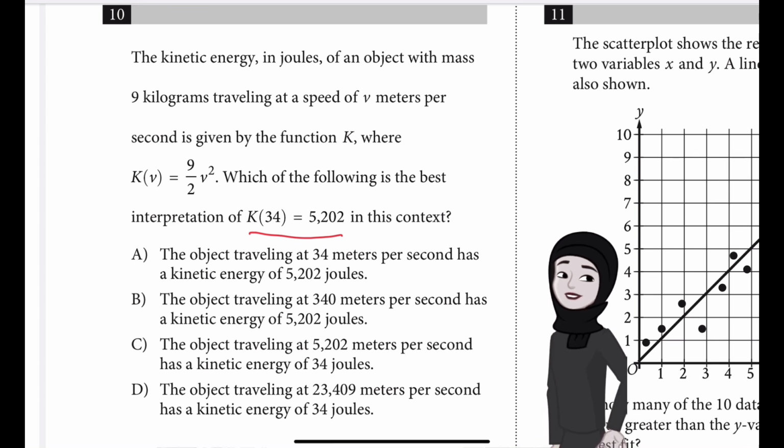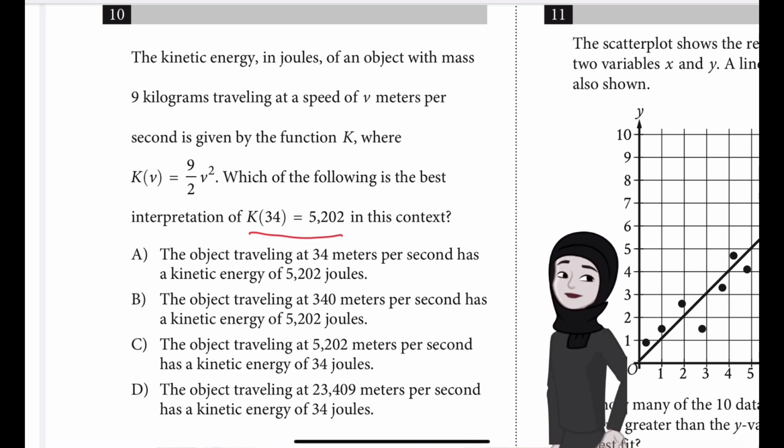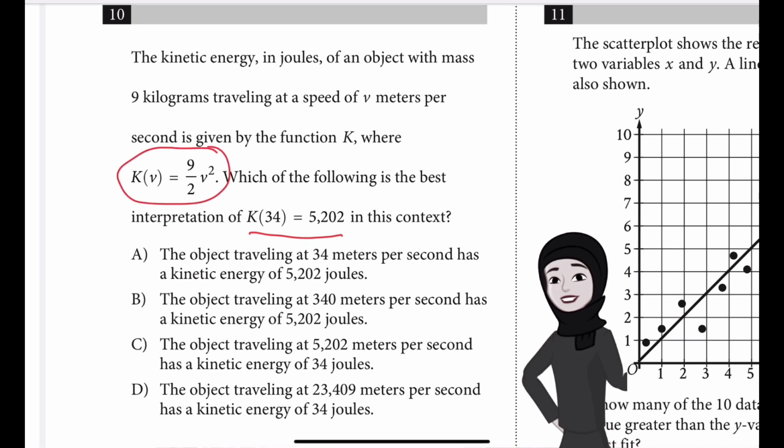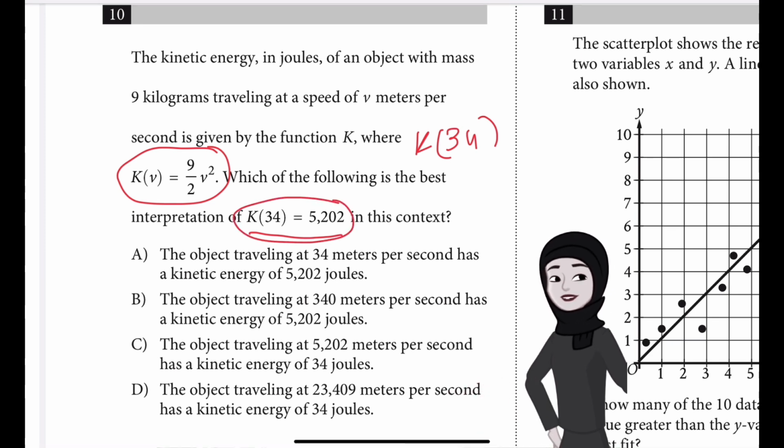It is given that the kinetic energy in joules of an object with a mass of 9 kilograms traveling at a speed of v meters per second is given by this function, K of v is equal to 9 by 2 v square. So it follows that in the equation, if K of v is that, what is K of 34? K of 34, if you calculate, it has already been calculated and they have said that it is